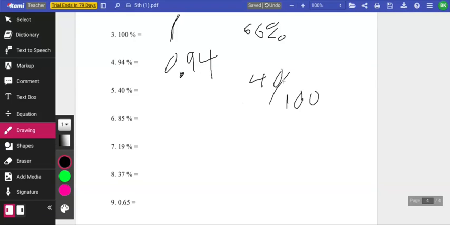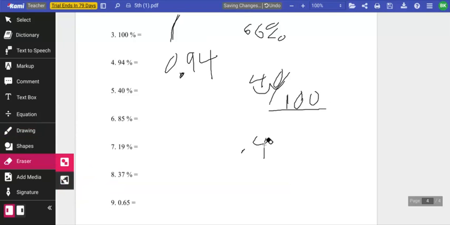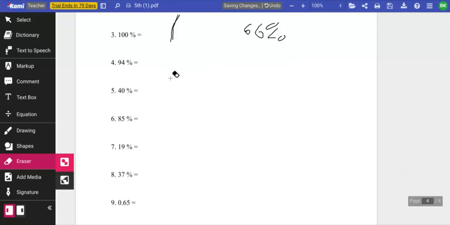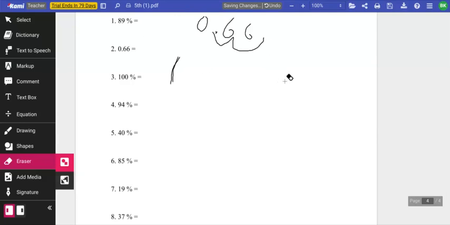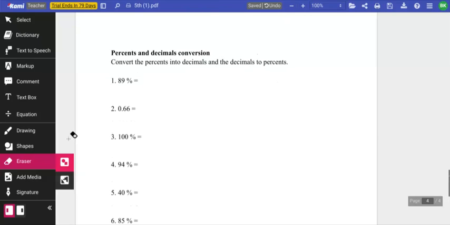And that's go left 2 times because of the zeros. And that's 0.4. And yeah, that's most of the problems. And have a nice